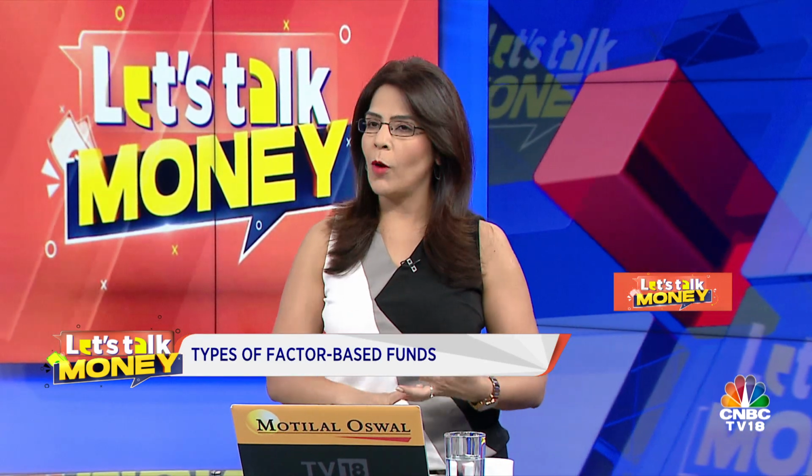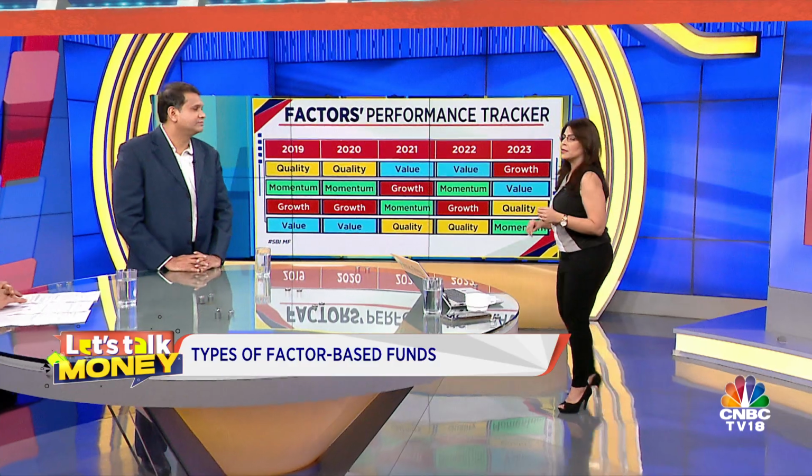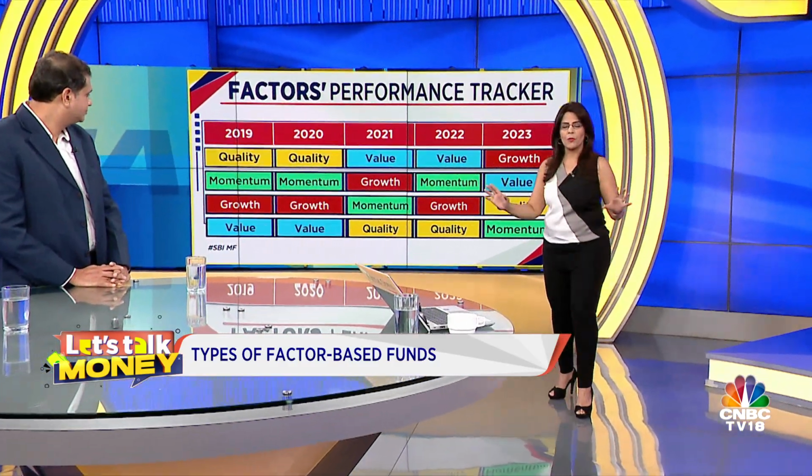Okay, Harshvardhan, I think we've got a fair enough idea now. We've spoken about a couple of factors: momentum, low volatility, value, growth, alpha. I think that's enough to work with. But what's important to keep in mind is that not all of these factors move up together, and all of them don't move down together either, at any given point in time in the market. So let's look at some data, which SBI Mutual Fund's research team has helped us map. We wanted to understand which factors work how in the market during different periods and cycles. As this chart tells us, you can see it's a very diverse shade of all kinds of colors.